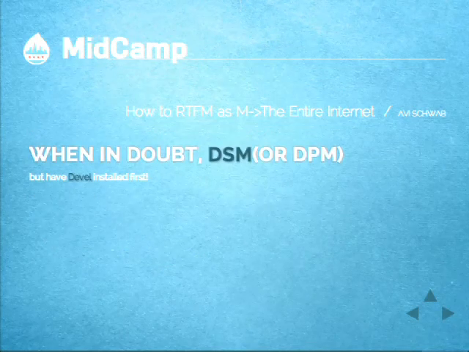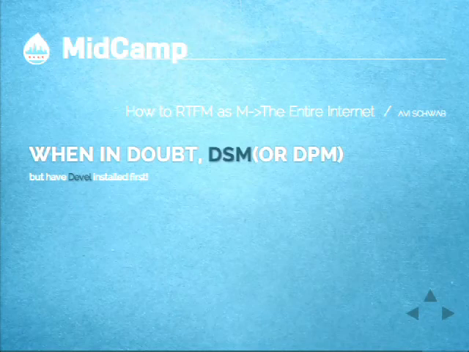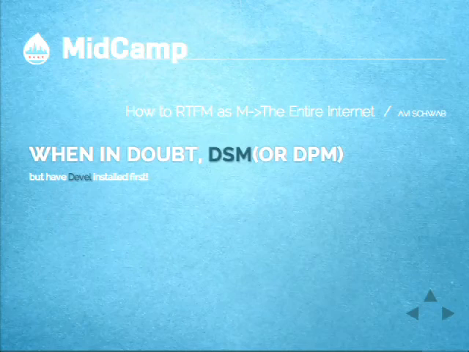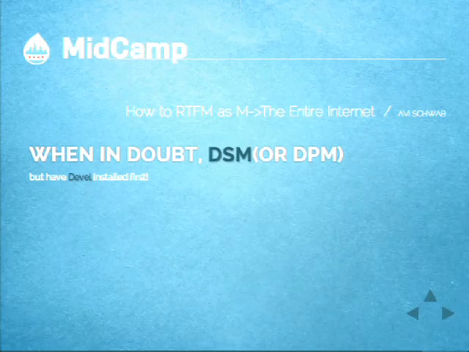There we go. Once you dive into the code a little bit more, when in doubt, DSM, or DPM, as I've found is the preferred name now. This is Drupal print message. Basically, once you turn the develop module on, what you have to do to get this to work, if you do this and don't turn the develop module on, nothing happens, and you'll be really confused because your debugging doesn't do anything. You have to turn the develop module on to get this to work.